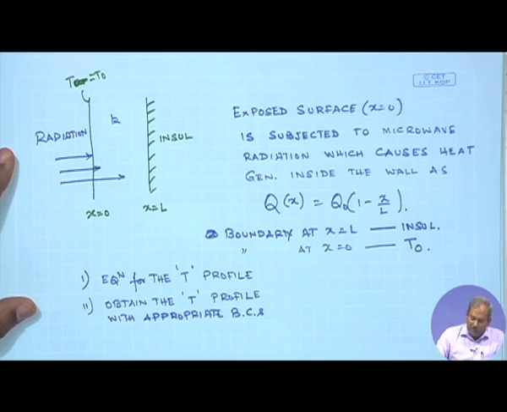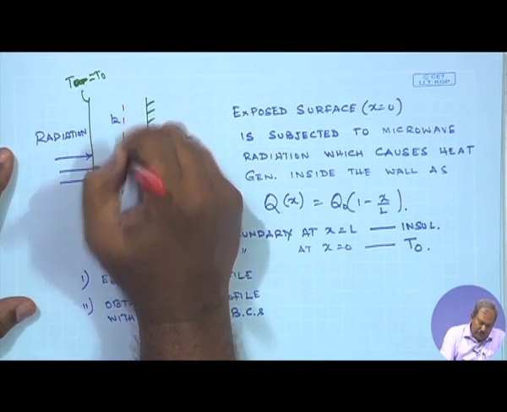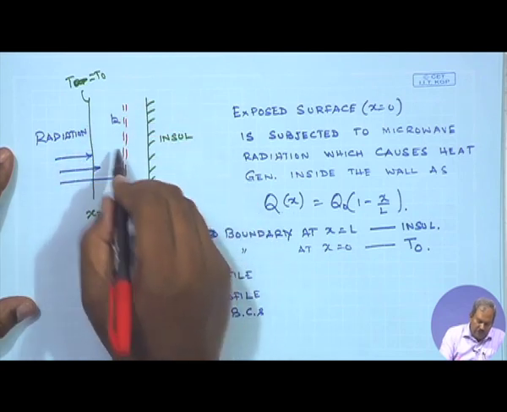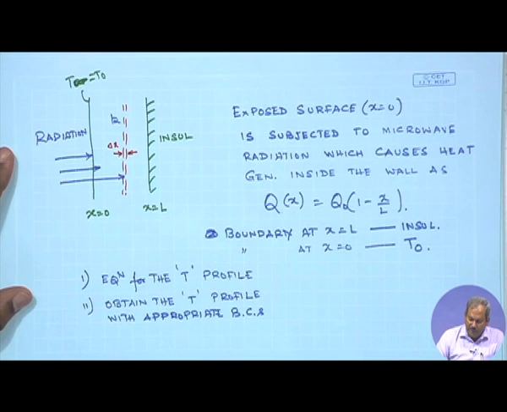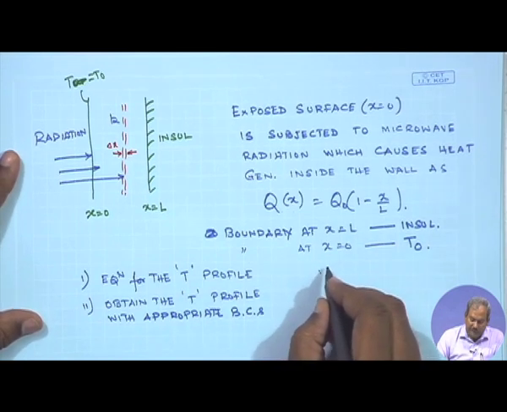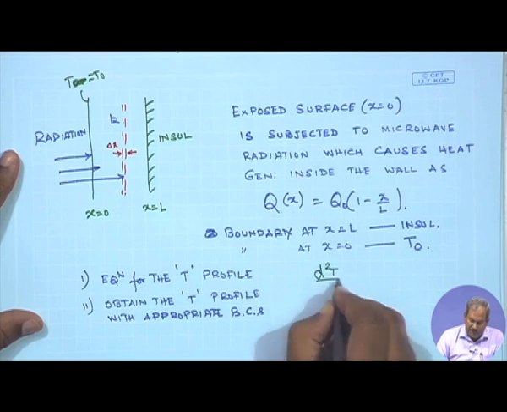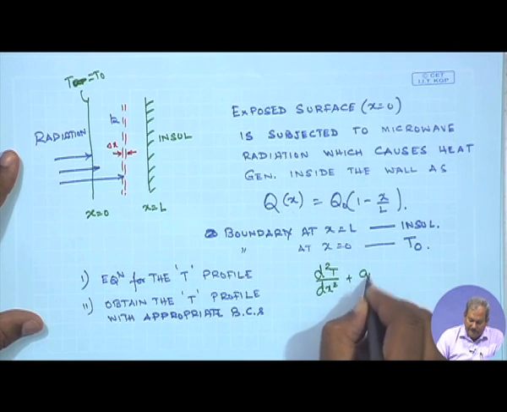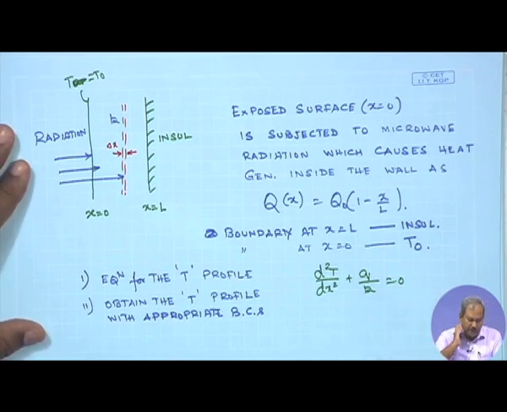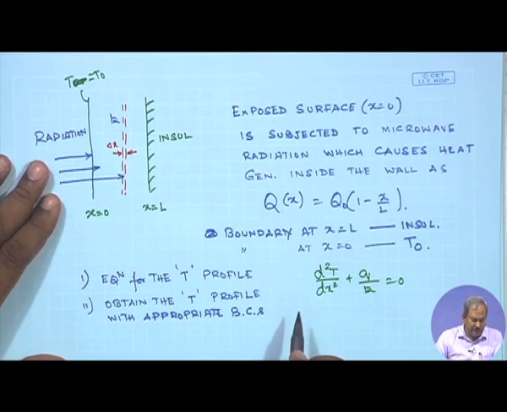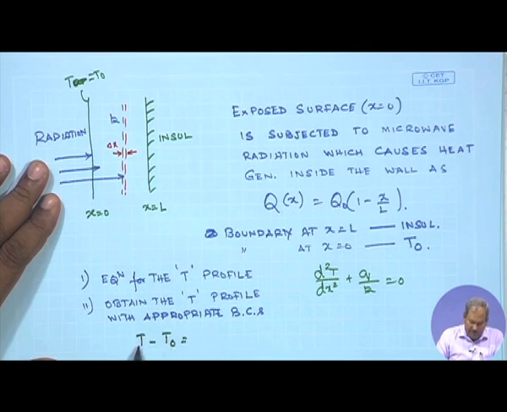So, as before, you can either think of a thin shell of thickness delta x and do the balance, or you can directly write, since it is a conduction only case, the governing equation d2T/dx2 plus Q by K equal to 0. Put in the expressions, integrate, use the appropriate boundary conditions, which I will not discuss, and the answer that you should get is T minus T naught, that is temperature, which is a function of x, T naught, which is a constant temperature, Q naught,